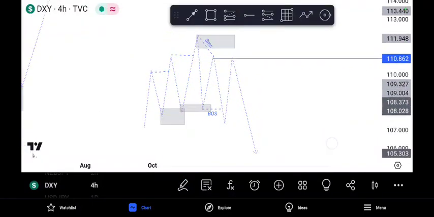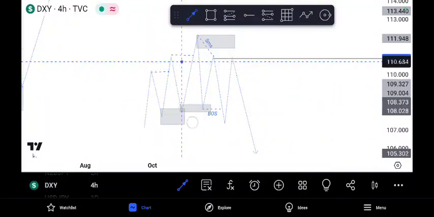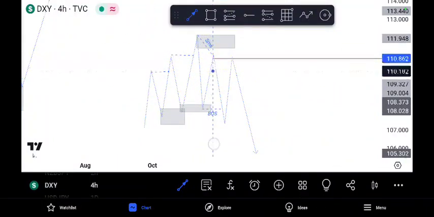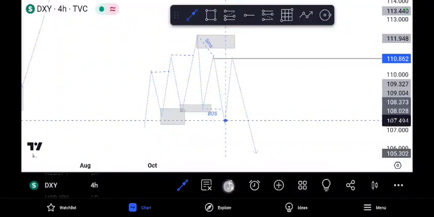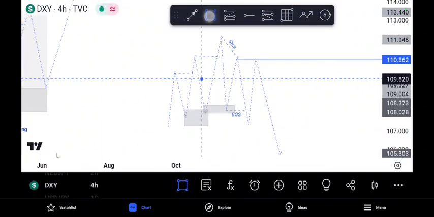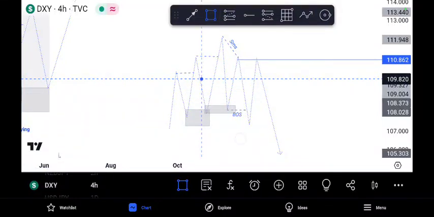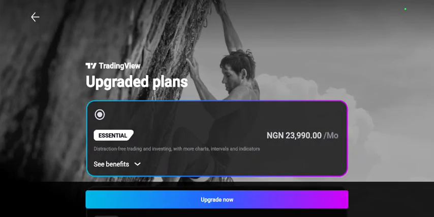but later on price refused to break this high, then instead broke this low with a full body candle. So here was now our next entry. All right, there was now our next entry to start selling from. So what we now see price doing is